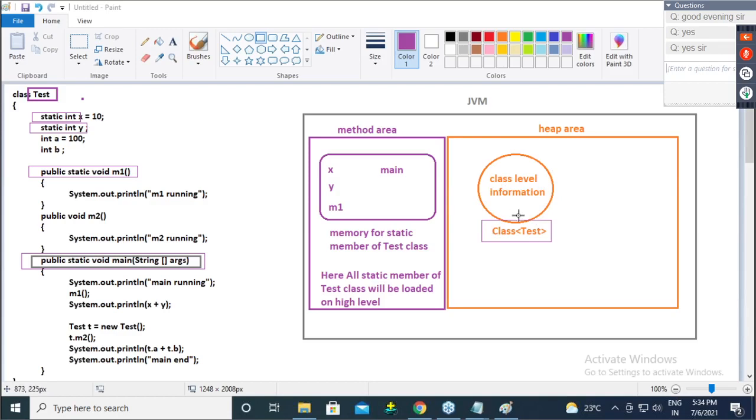Okay, if this object already exists, then, guys, immediately the further loading process terminates. If the class type of object is created successfully, then only further loading in the method area will take place. The class type of object is not created, it is already there, so further loading stops. That's it, guys. This is the main reason why static members load only once. Is everyone clear?